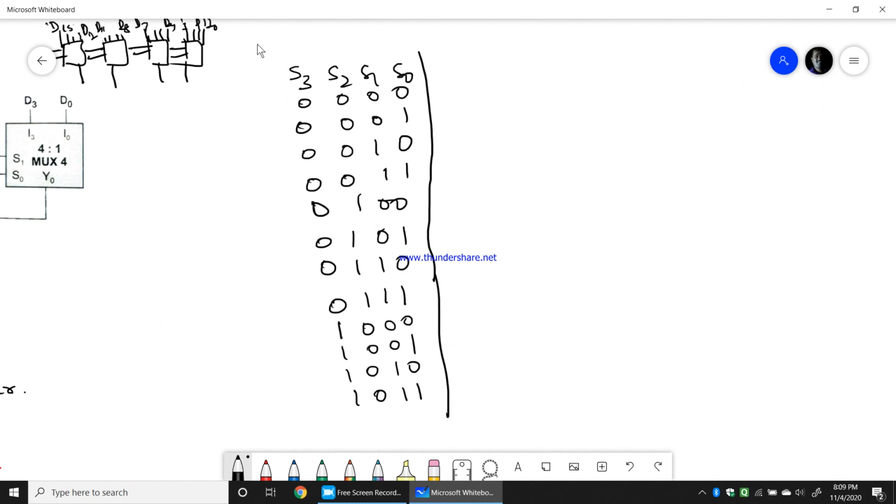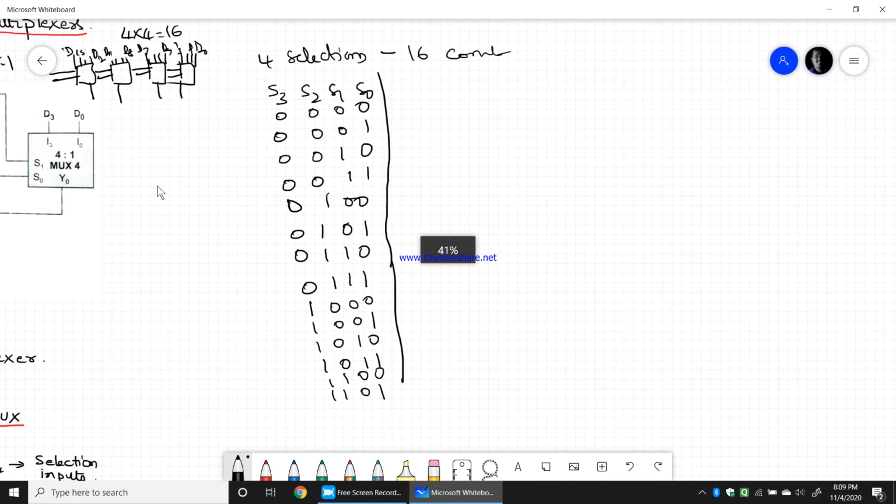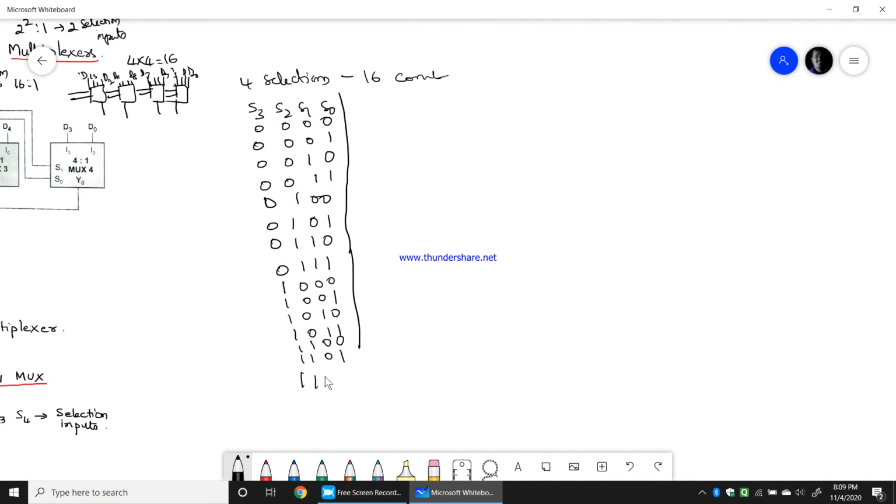So 4 selection inputs will give me 16 combinations. That is what I am writing. 4 selections will give me 16 combinations. 12, 13, then I will get 14 and 15 finally.